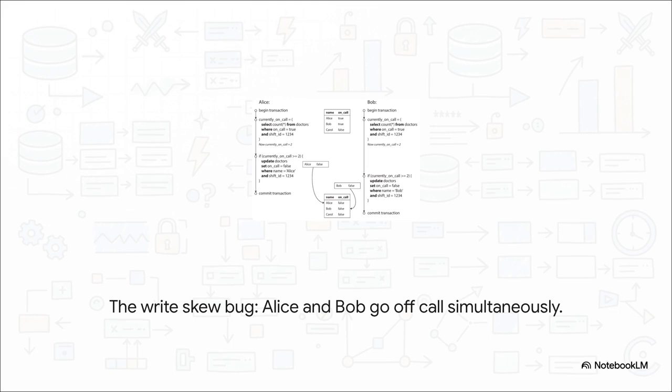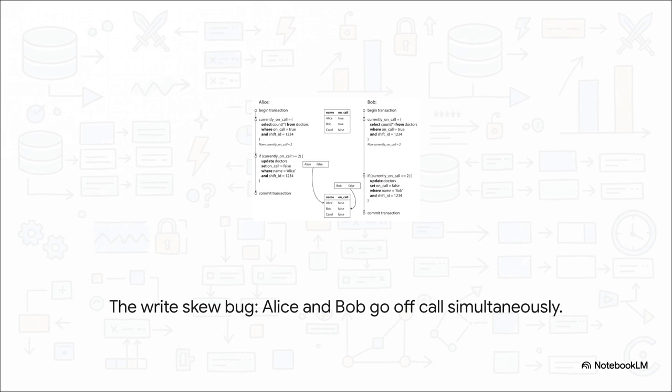Alice and Bob are both doctors, and they're both currently on call, but they're both feeling sick. So they independently decide to request leave. And, as luck would have it, they happen to click the Go Off Call button at roughly the exact same time. So our application starts a transaction. It first runs a select query to see how many doctors are currently on call. Both Alice's transaction and Bob's transaction check the database concurrently, and they both get the same answer. 2. The application logic says, hey, as long as there are at least 2 doctors on call, it's totally safe